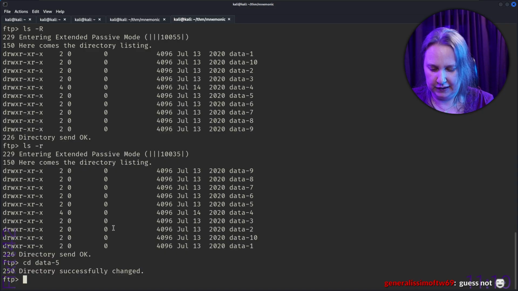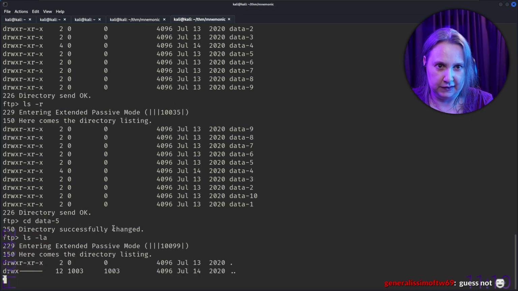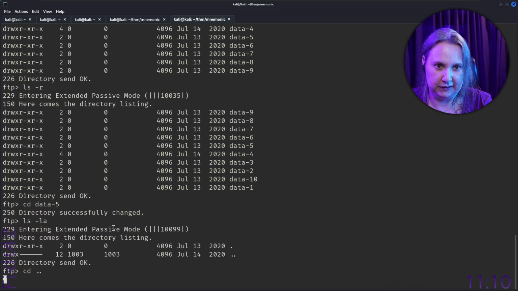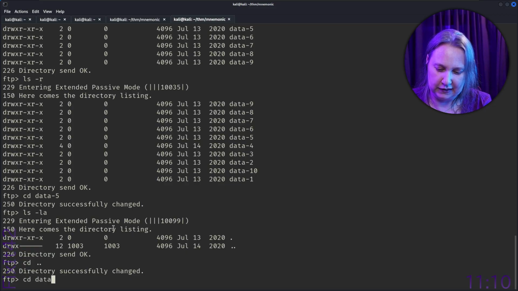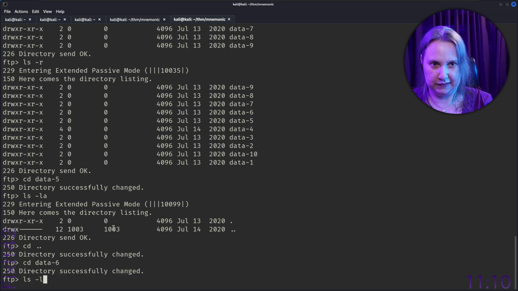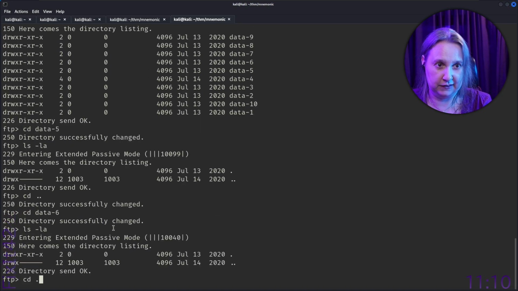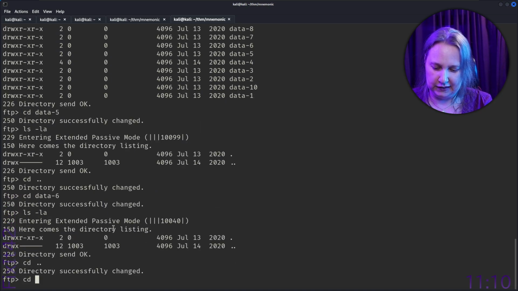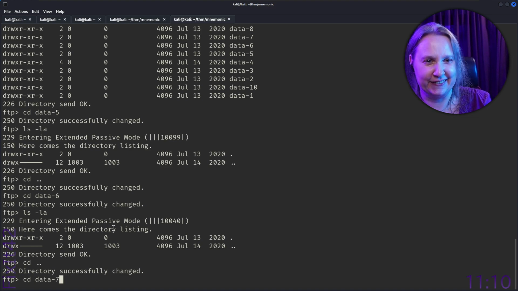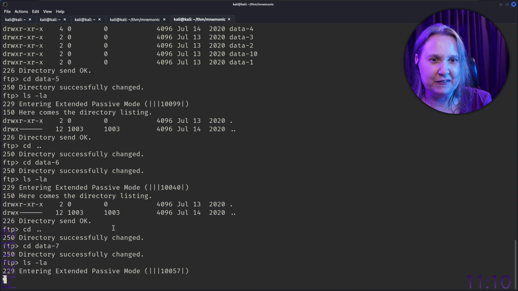So let's 5, ls -la, cd data, cd data 6, ls -la, cd dot, cd data whatever 7. We're up to 10. They're available until 10. So it's not infinite directories.